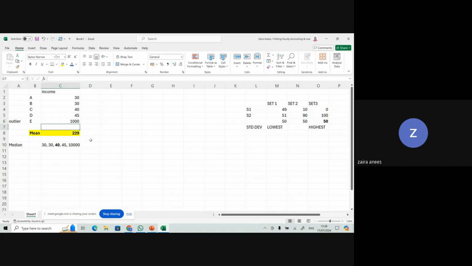Okay. So the first step is to calculate the average figure. The second step is to calculate the deviation from the mean, but this is not the standard deviation. So what we are going to do is just copy and paste it here. Okay, so these are the mean values, and if you want to calculate the deviation from mean,